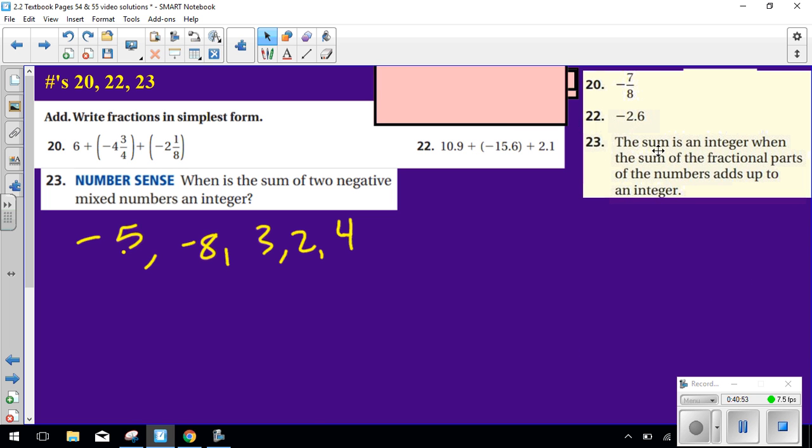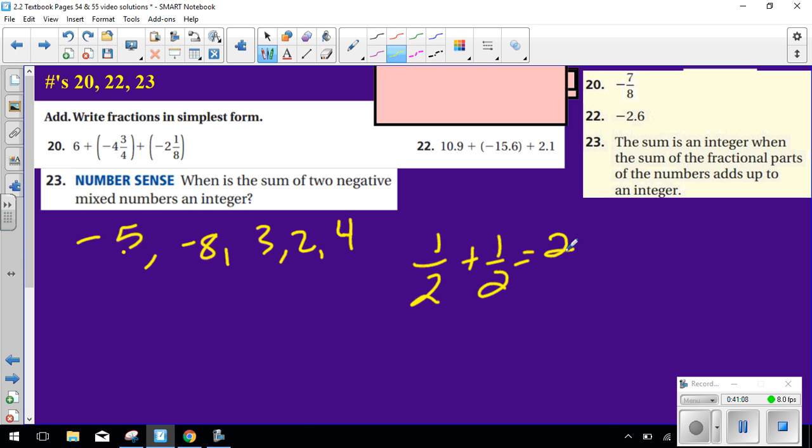The sum is an integer when you add up the fractions and it turns or reduces to an integer. For example, 1/2 plus 1/2. I get 2/2, which reduces to 1. So the sum is an integer when the two fractions add up to an integer. So these fractions added up to an integer because 1 is an integer. I can make these guys negative and get the same thing,